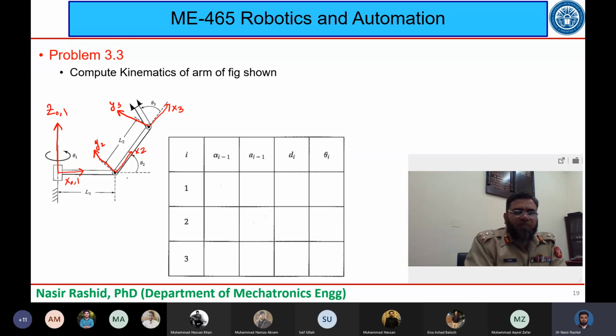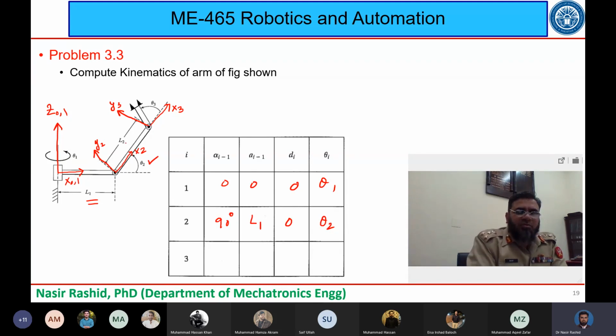So ये भी आपको याद होगा, we had made this also. So between these two there is only theta 1, so 0 0 0 theta 1, 1 and 2, इनके दरमियान क्या रिलेशनशिप है कि z जो है वो दोनों अलाइन नहीं है, और जब मैं z को 1 को 2 पे मिलाऊंगा तो दिस इज 90 डिग्रीज। इन दोनों के दरमियान लिंक लेंथ इज L1, इन दोनों के दरमियान ऑफसेट इज 0 और इन दोनों के दरमियान एंगल इज थीटा 2, ये वाला।